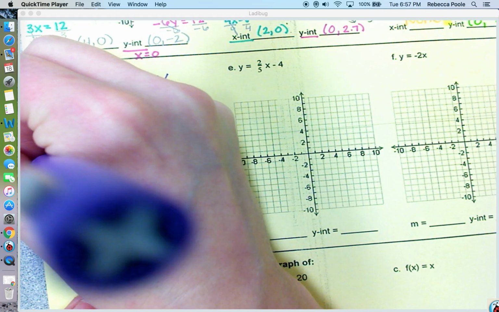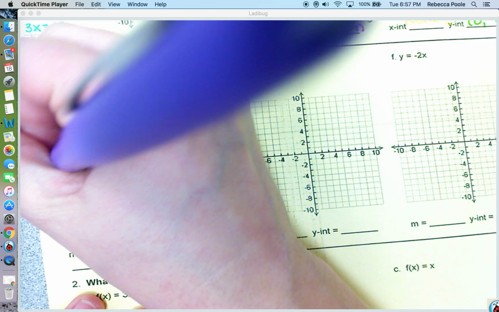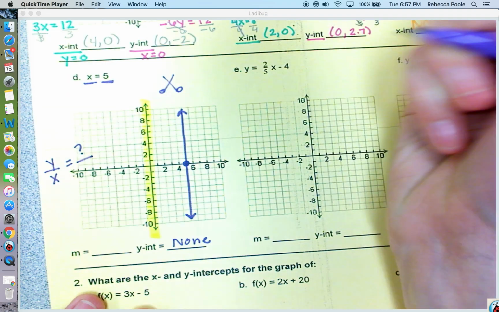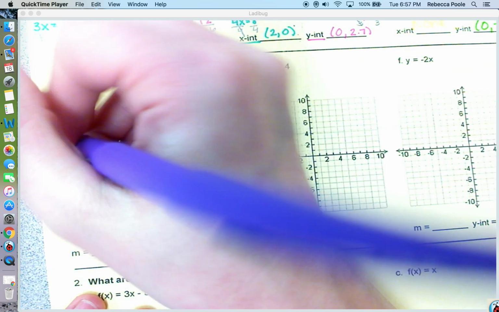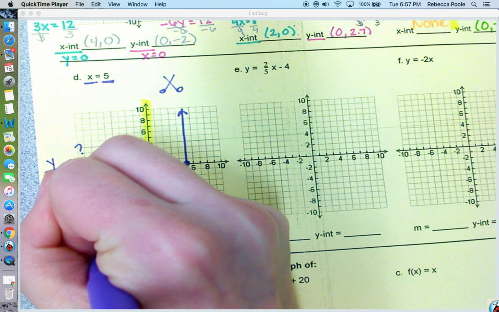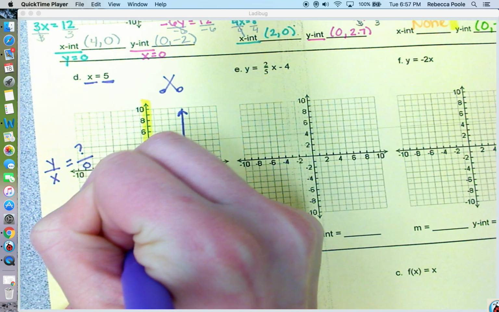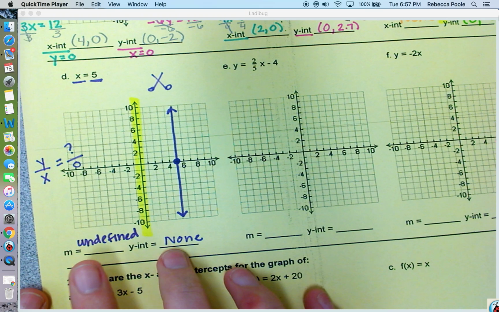So let's talk about this. If I do y divided by x, we don't know how much it rises, so that's a question mark. But we do know it goes left or right, none, right? Because it's just straight up and down. Can you divide by 0 in math? No, this is what we call undefined. So your slope for D is undefined. Now notice how this one asks for the slope instead of the